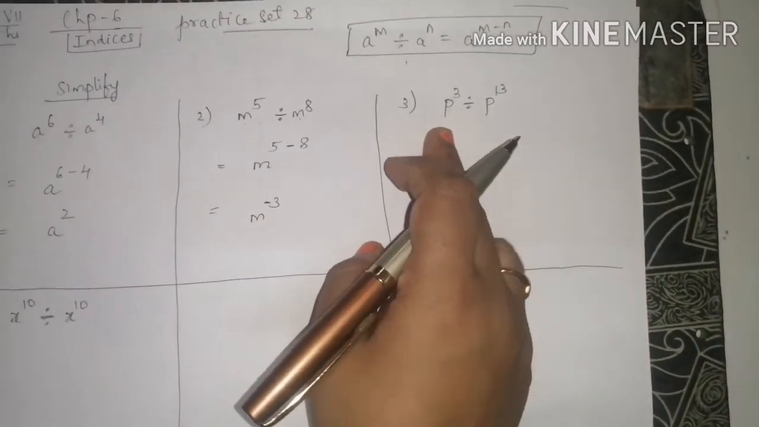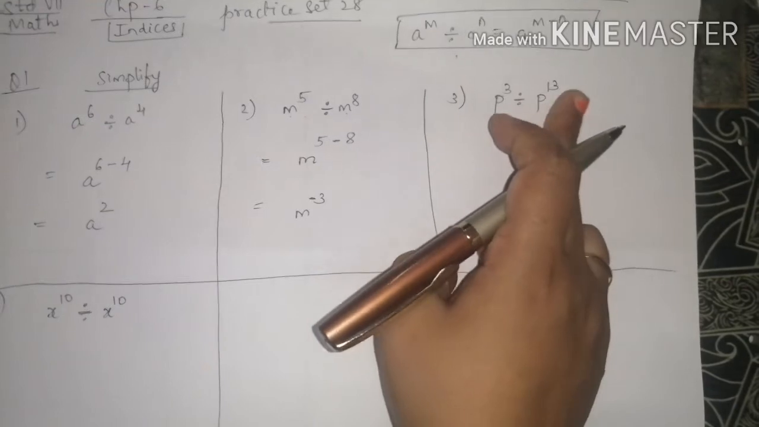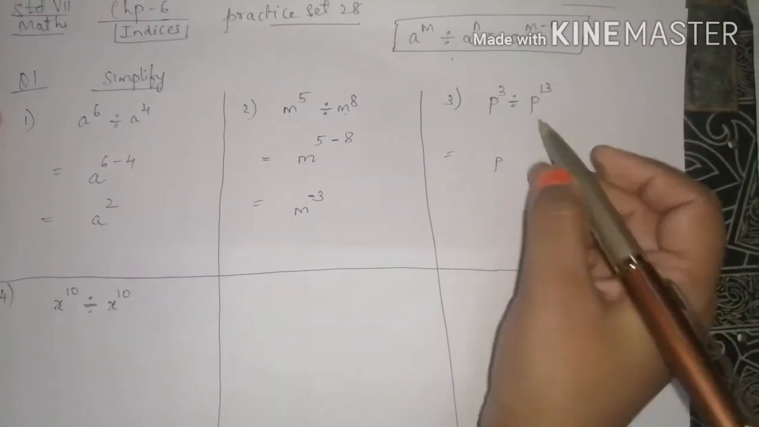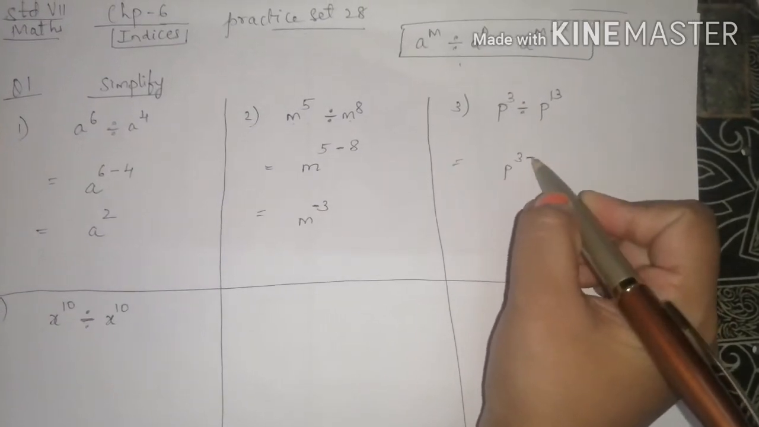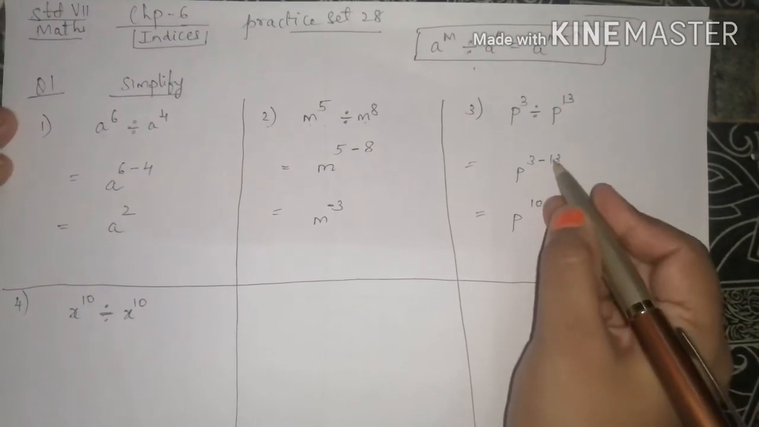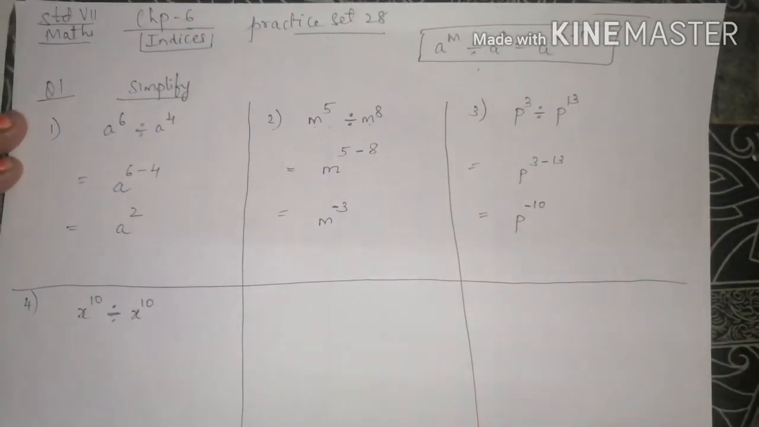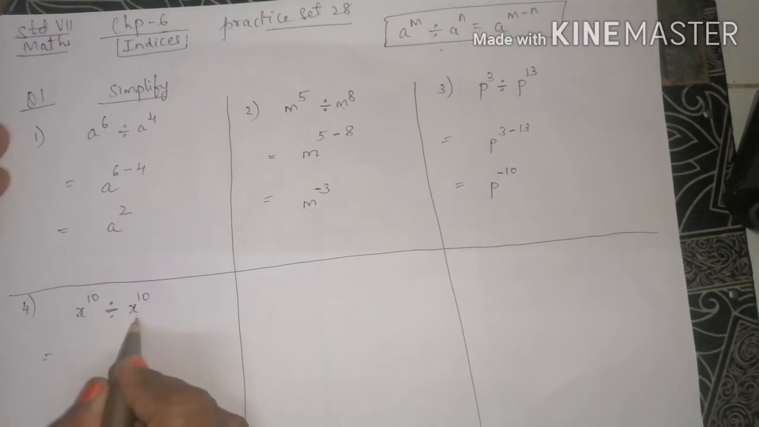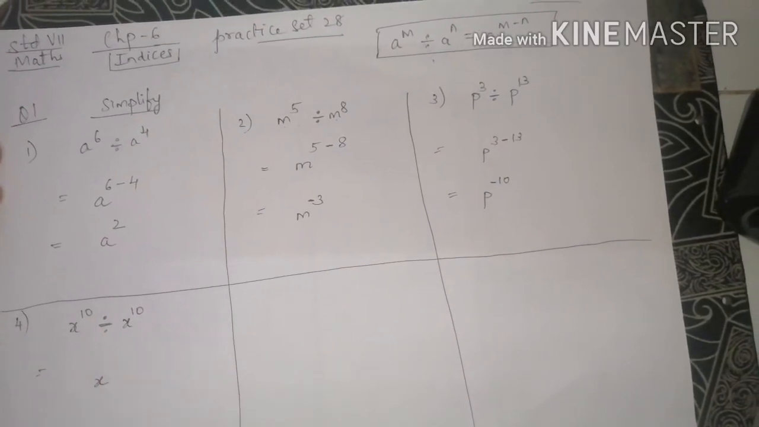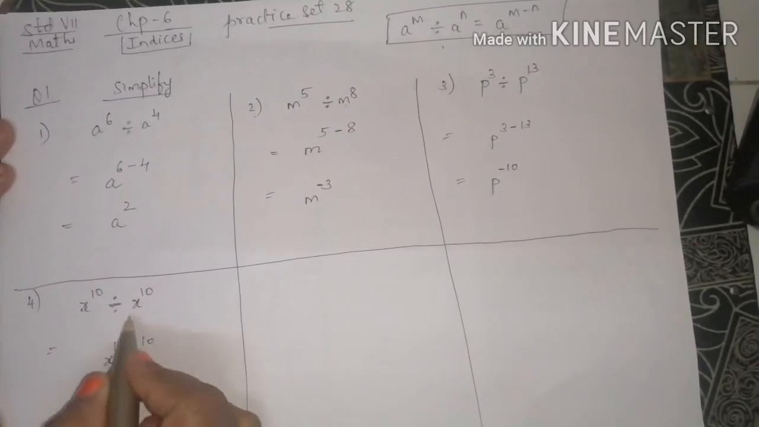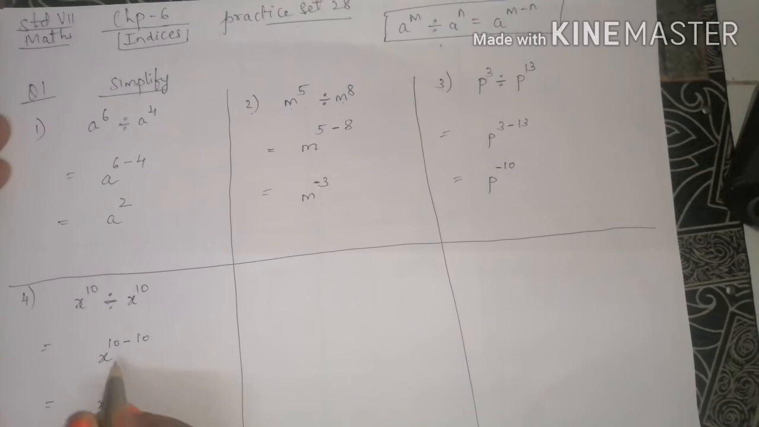Come to the third one. p raised to 3 divide by p raised to 13. Base is same, p. So write the base p one time. Subtract the powers, 3 minus 13. So similarly 13 minus 3 will be 10. Sign of greater number minus. So p raised to minus 10. Come to the fourth sum. x raised to 10 divide x raised to 10. So write the base, base is same, x. Write x. 10 minus 10. Divide means you have to subtract. So x raised to 10 minus 10 is